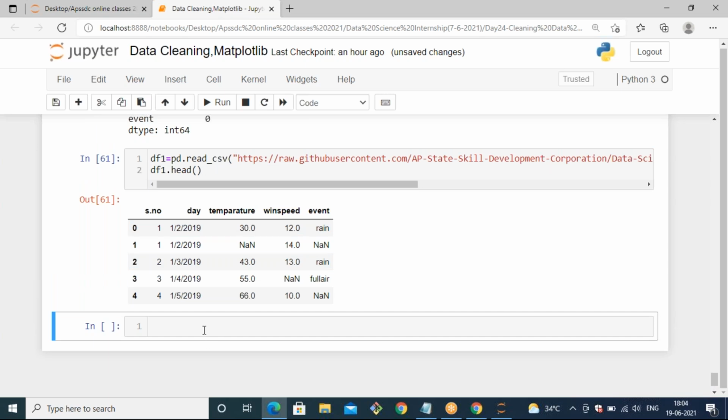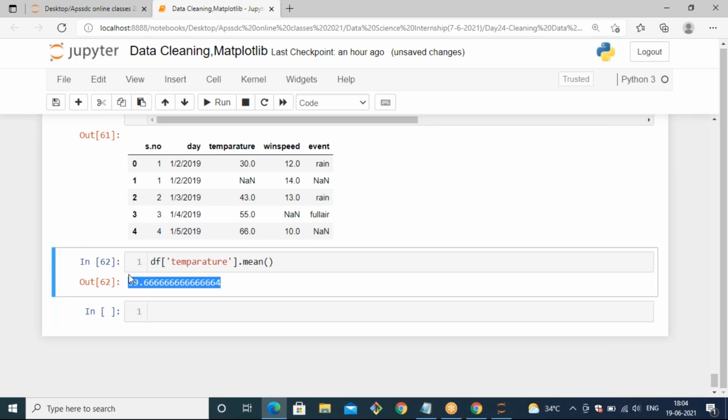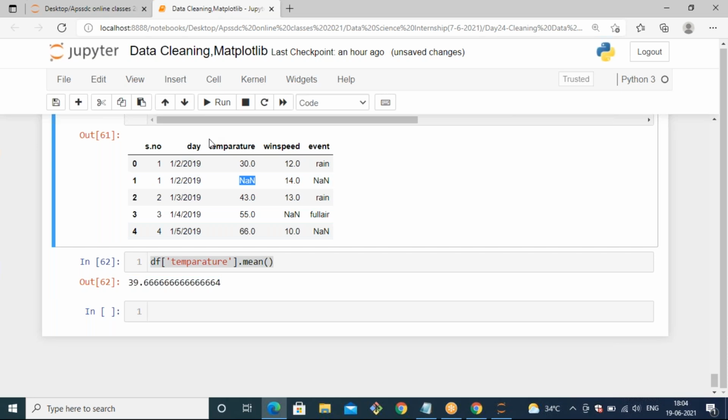First of all, we need to access the temperature, and if you want to find the mean of it, you can pass .mean. It gives the mean of the temperature column, and we want to fill the NaN values of temperature with this mean value.